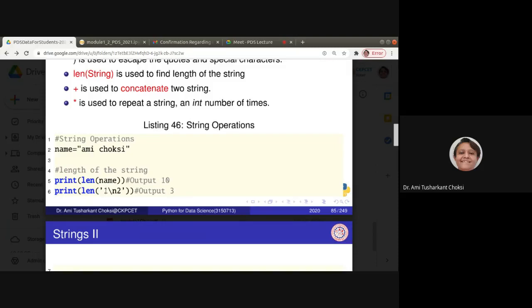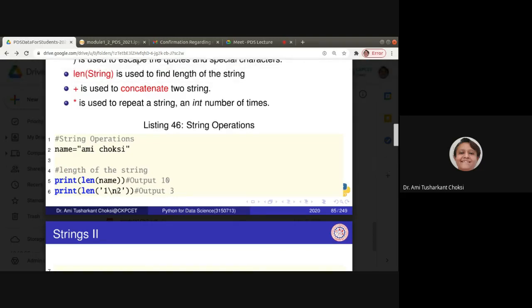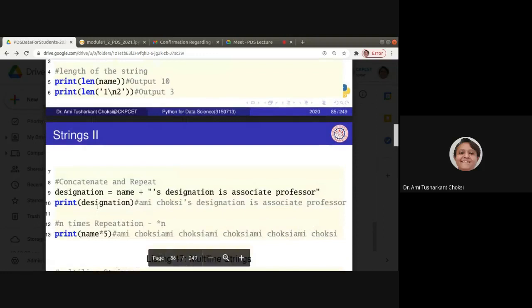For 1 it is 1. For backslash n, it is an escape sequence, so backslash n is considered as one character. So 1 is length 1, backslash n is 2, and the number 2 makes the total 3. So the output is 3.